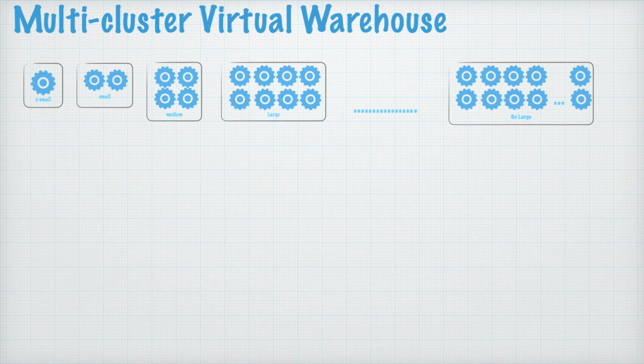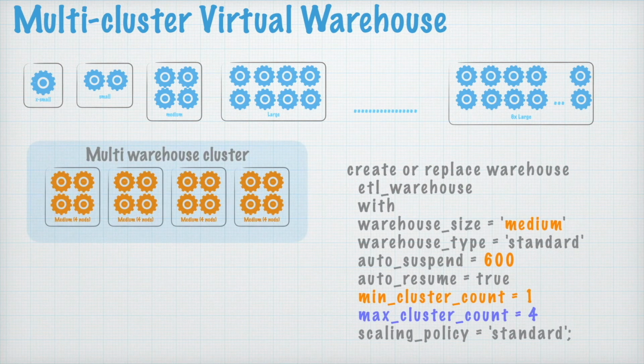Assume that you have to serve a user base where you don't know what the peak workload looks like, and you want to have auto scaling to add a new cluster as soon as queries start queuing up in the cluster. In such a scenario, Snowflake provides a mechanism called multi-cluster virtual warehouse where you can define min and max clusters with a cluster size. And as soon as it gets the first query, the first cluster comes up.